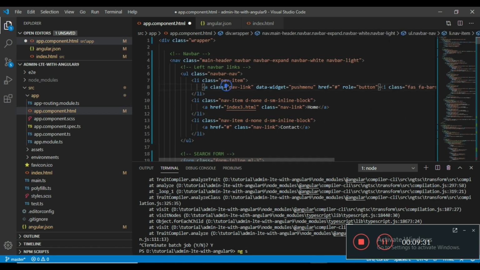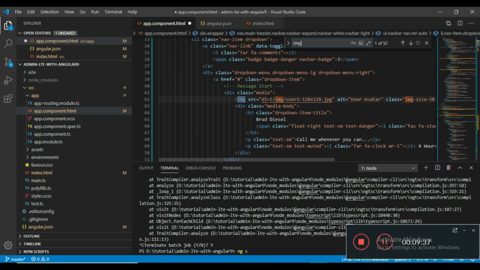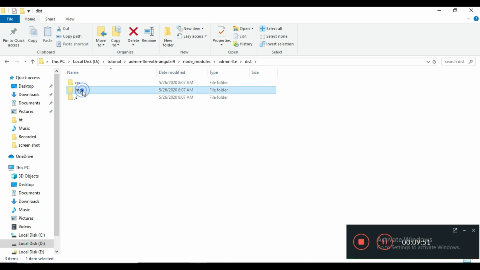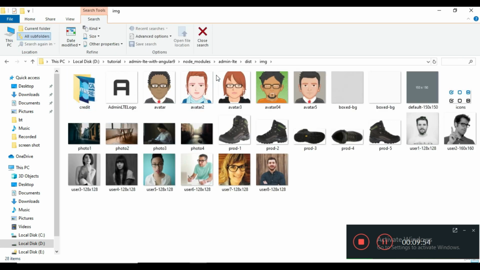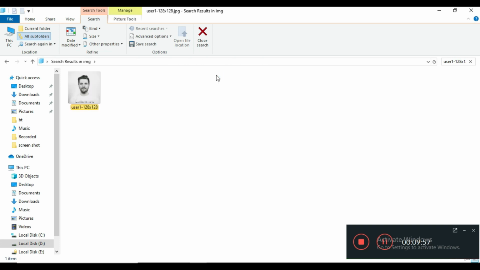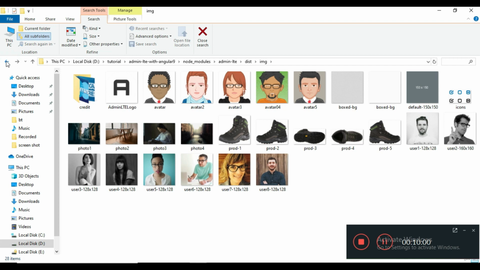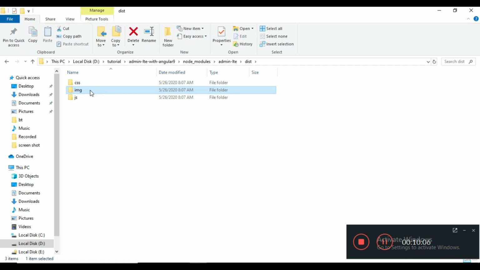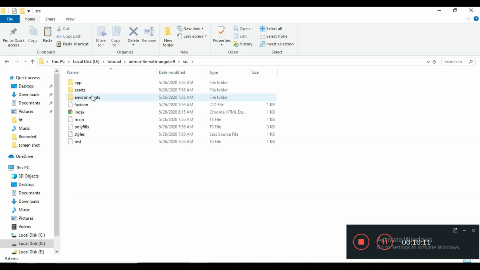So here we have to check for images. You need to find this image, just copy this image, and go to your dist folder, img. So find that image here. Yes, it is available. So just copy this image folder into the src assets folder,